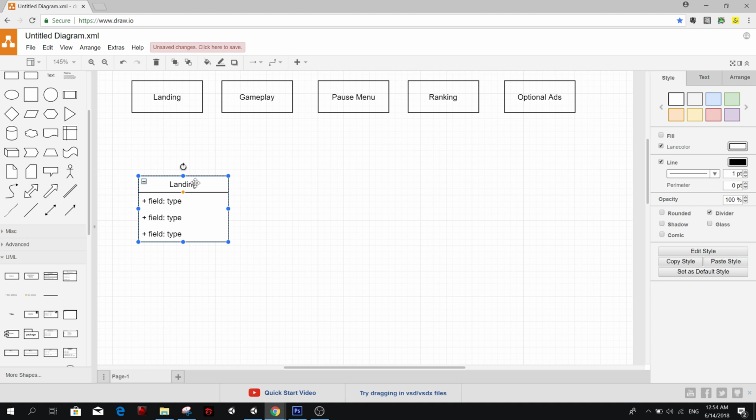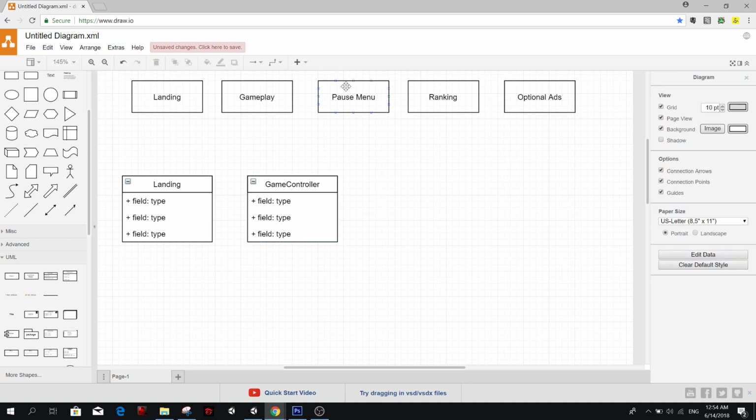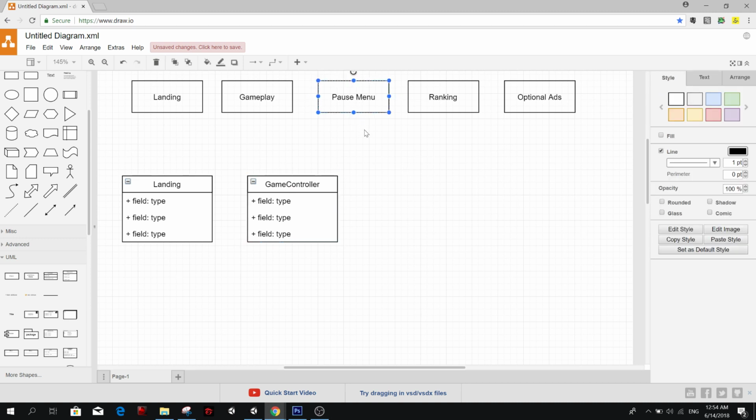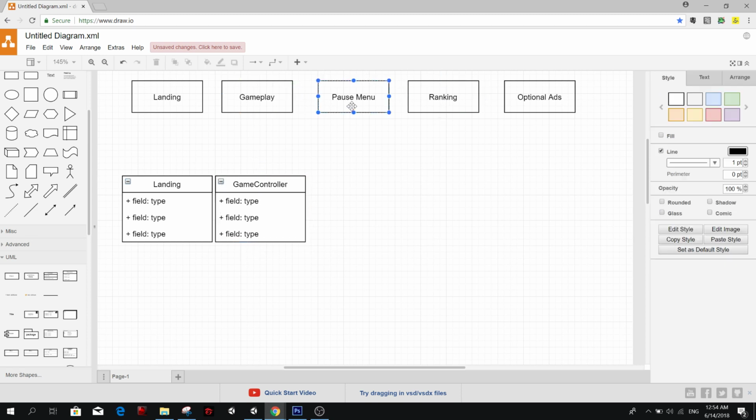In gameplay we're going to have a game controller, actually pretty much one controller for each part. Pause menu, we can make a class for that too.